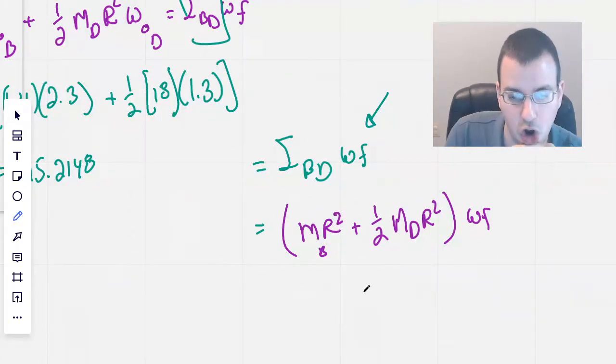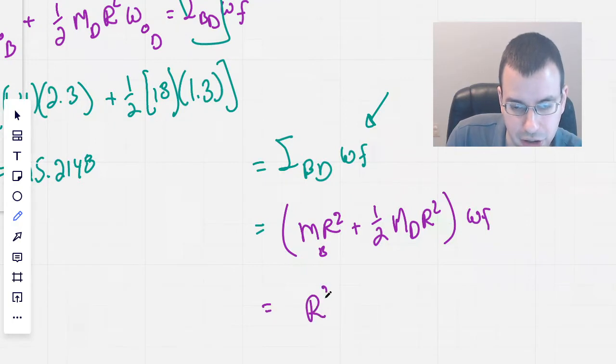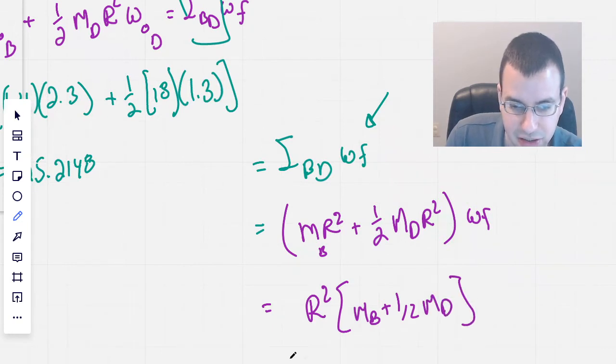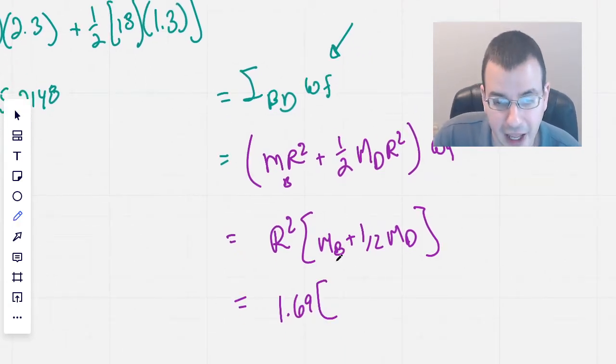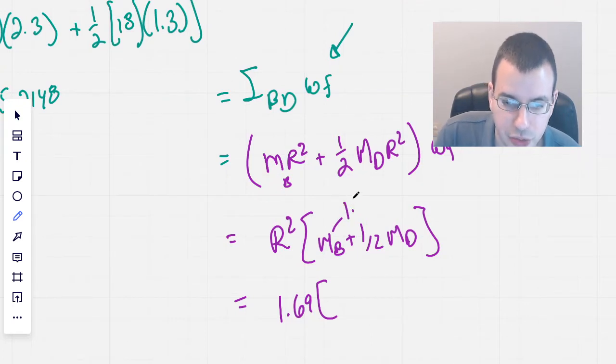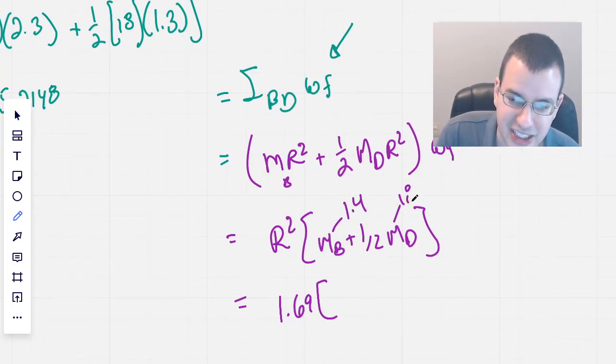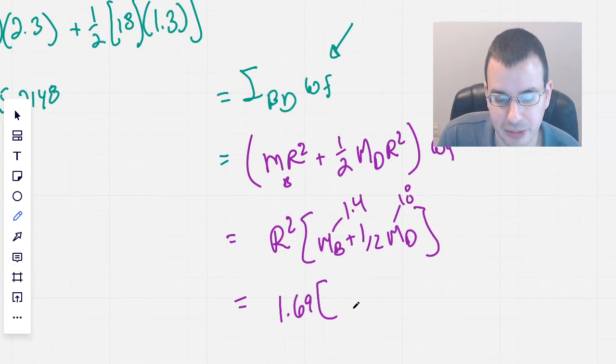Factor out the r squared, mass ball plus 1/2 mass disk. R is 1.3, so this will be 1.69, 1.3 squared basically. And mass of the ball is 1.4, this is 18, so it'll be 9 plus 1.4, which will be 10.4